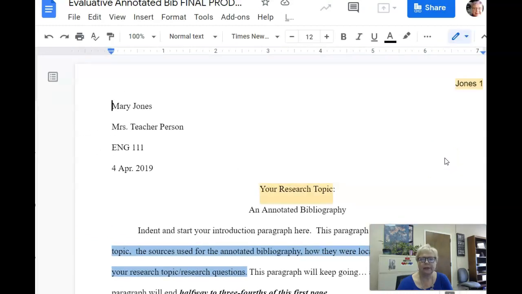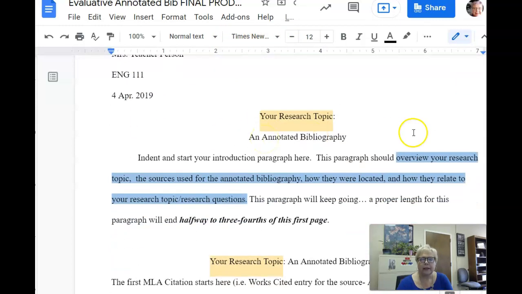As you can see, it's in standard MLA format, Times New Roman, 12-point font, double line spacing, and the title is going to be like this: